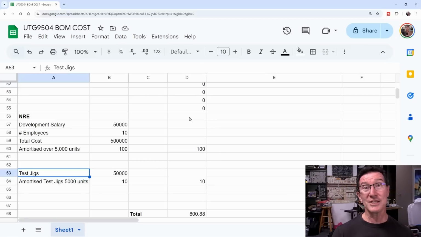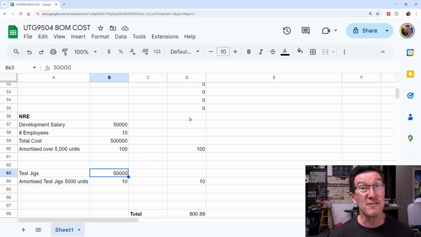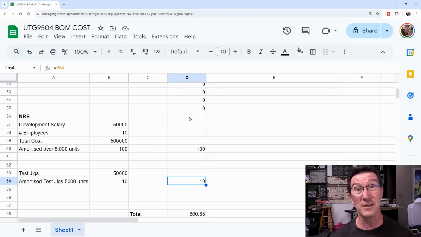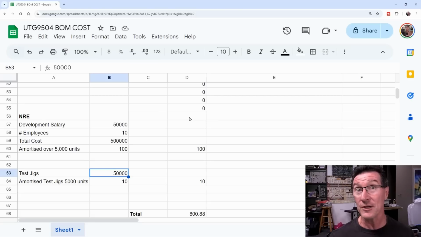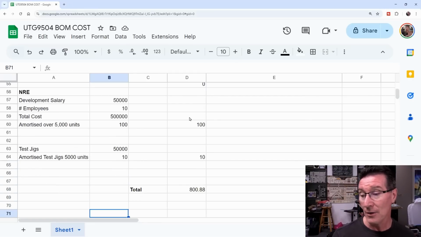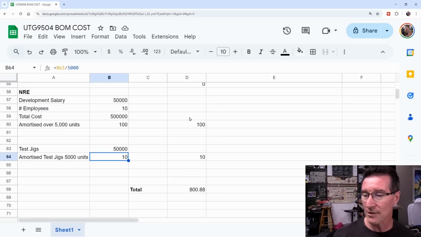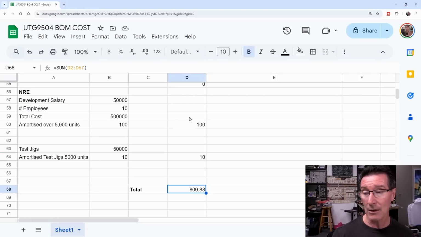And then I've got test jigs down here. You could easily spend 50 grand on some one-off test jigs and stuff like that. So you amortize that over the 5,000 units. There's $10 a unit. That's where I come from, the test engineering industry. It's nothing to spend 50 grand on an automated production tester. I've spent 10 times that on automated production testing equipment. And that's not just hardware, but it also includes software and all sorts of other things as well. So we've got a total here, oh look at that, I've rounded out pretty well,